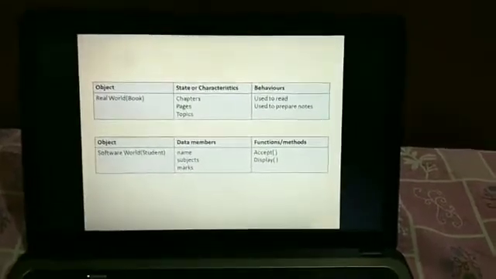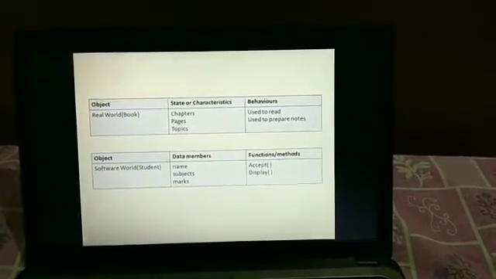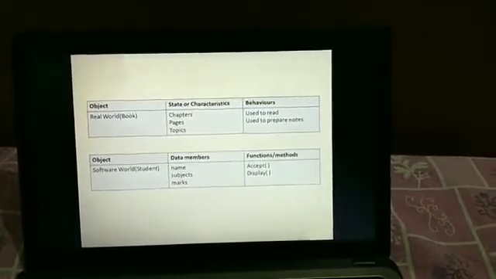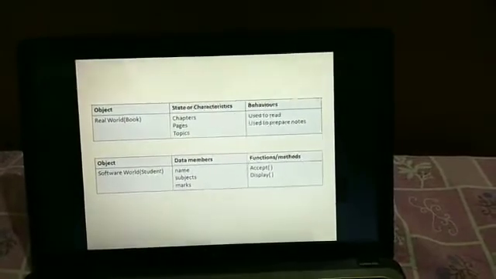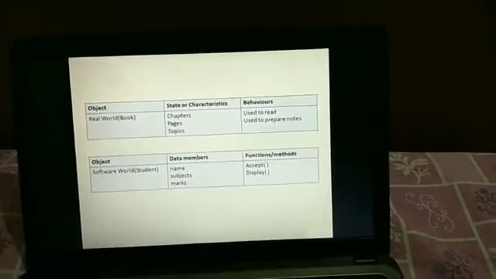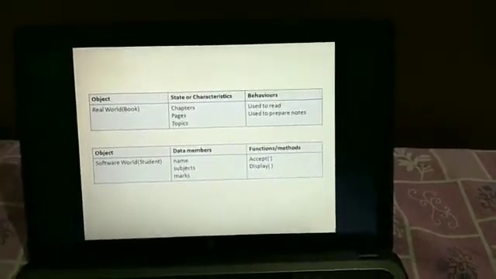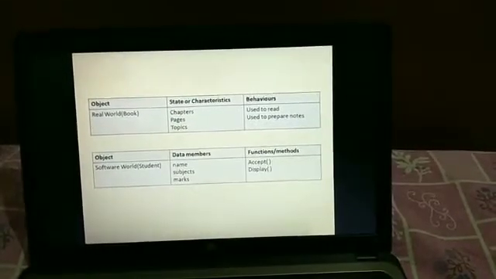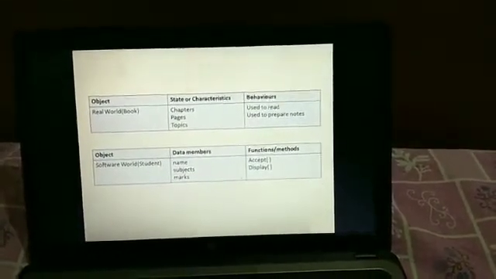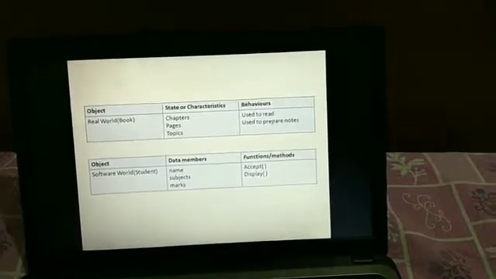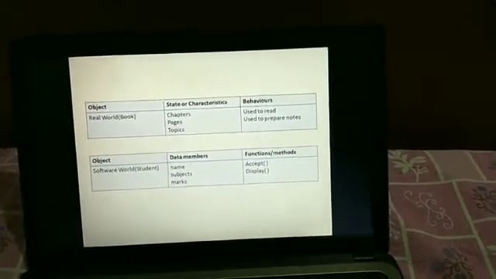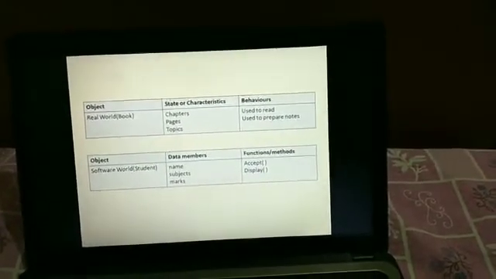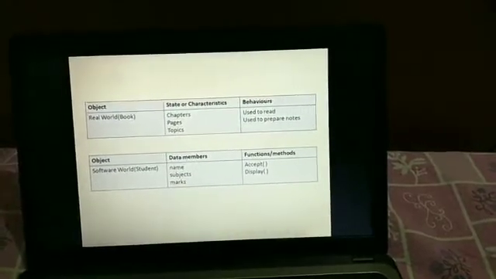Because we are accepting the data members as an input, and then we are displaying the name of a student, a subject name or the marks of a student with the help of an output statement.